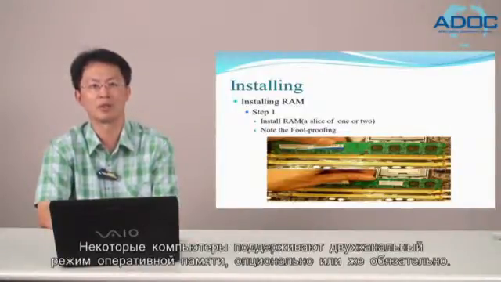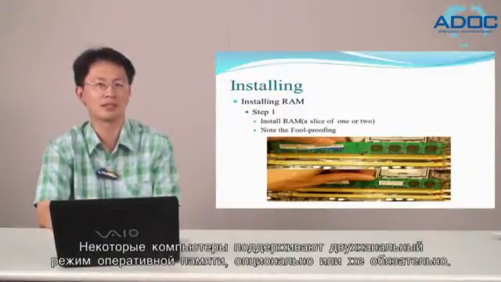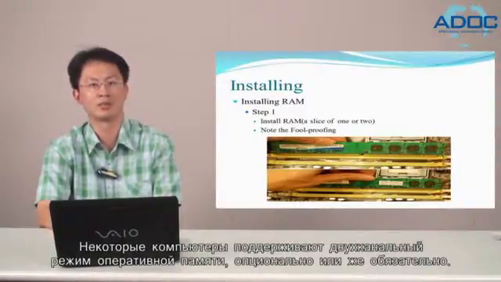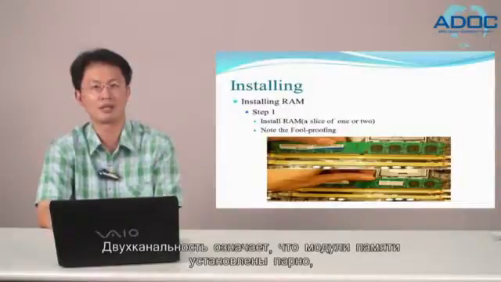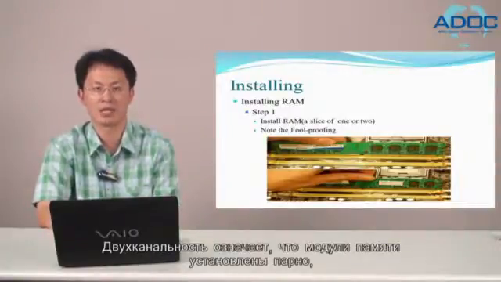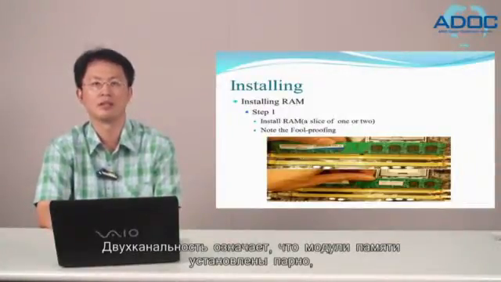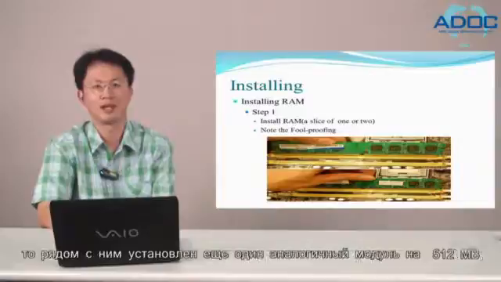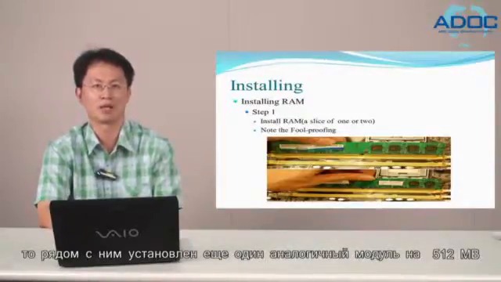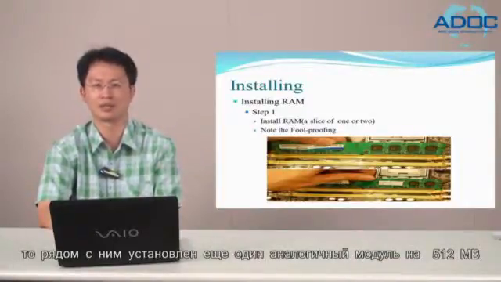Some computers support dual-channel RAM configuration either as an option or as a requirement. Dual channel means that RAM modules are installed in matched pairs. So if there is a 512 megabyte RAM card installed, there is another 512 megabyte card installed next to it,